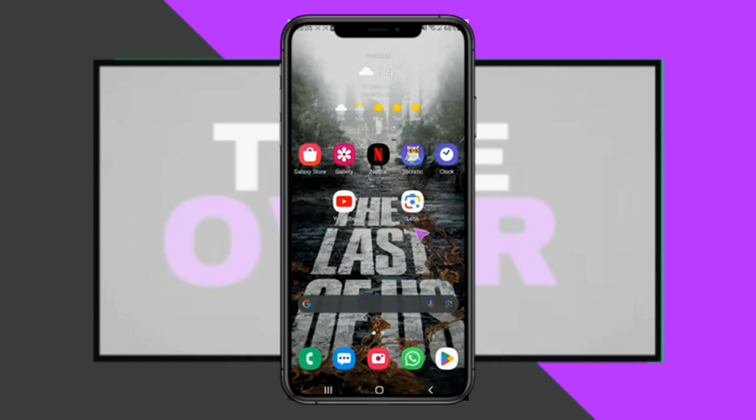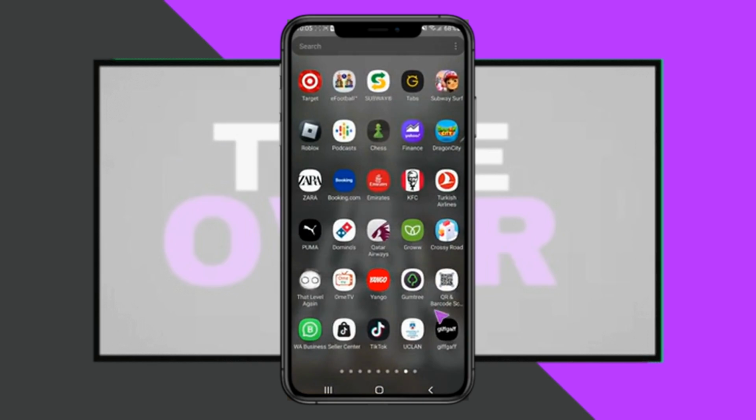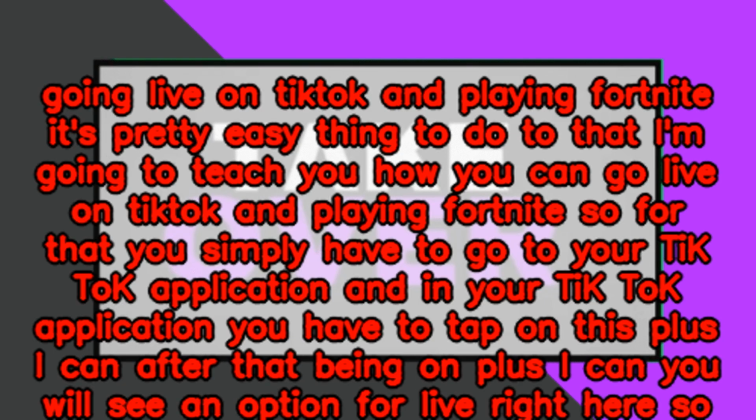Going live on TikTok and playing Fortnite. It's a pretty easy thing to do, and I'm going to teach you how you can go live on TikTok and play Fortnite. For that, you simply have to go to your TikTok application, and in your TikTok application